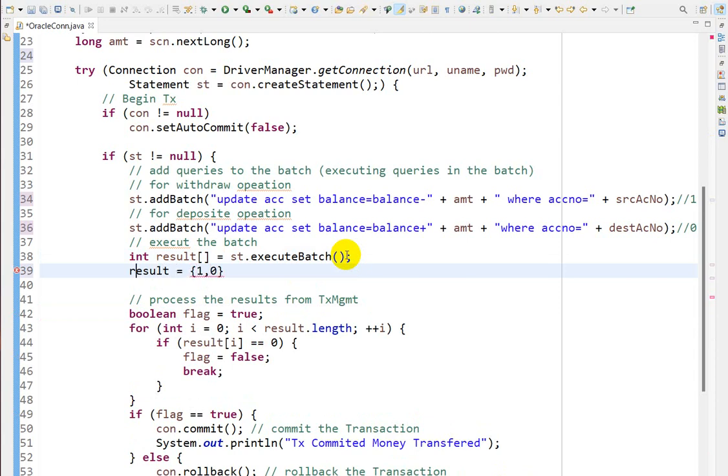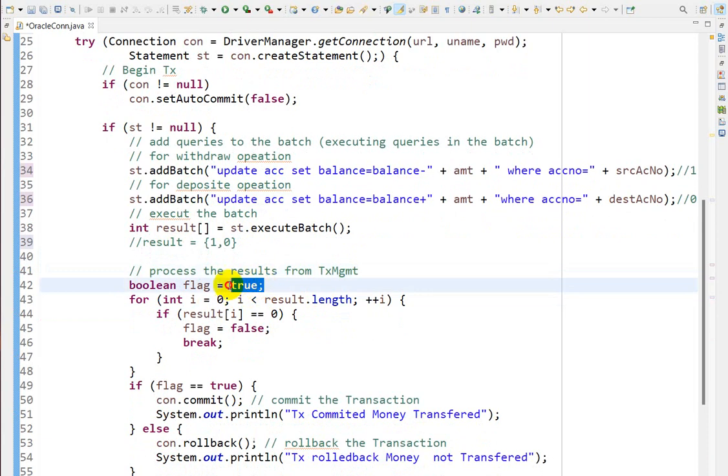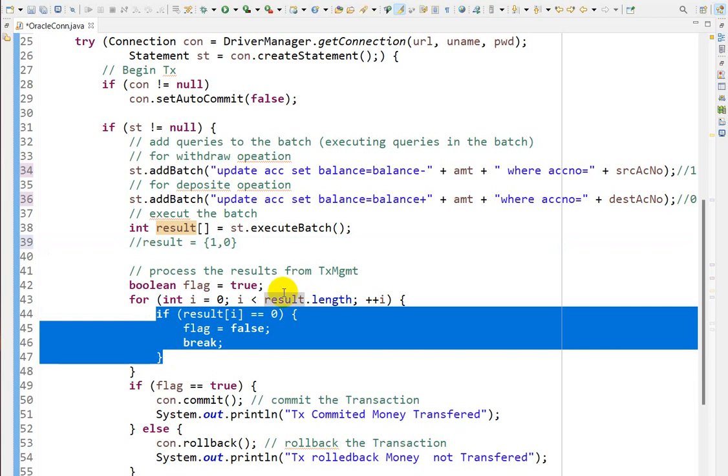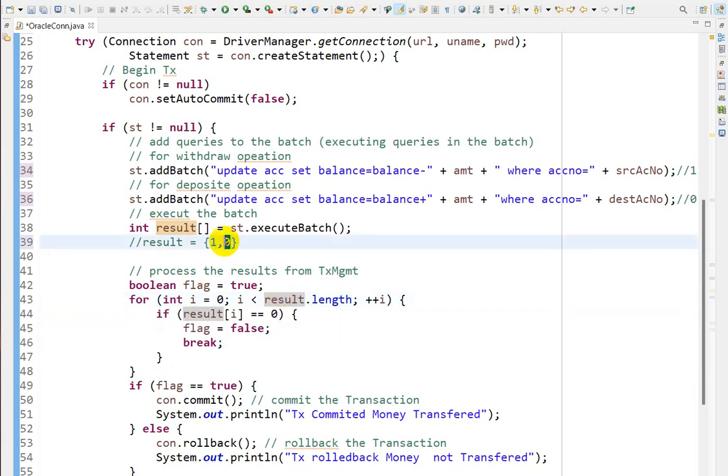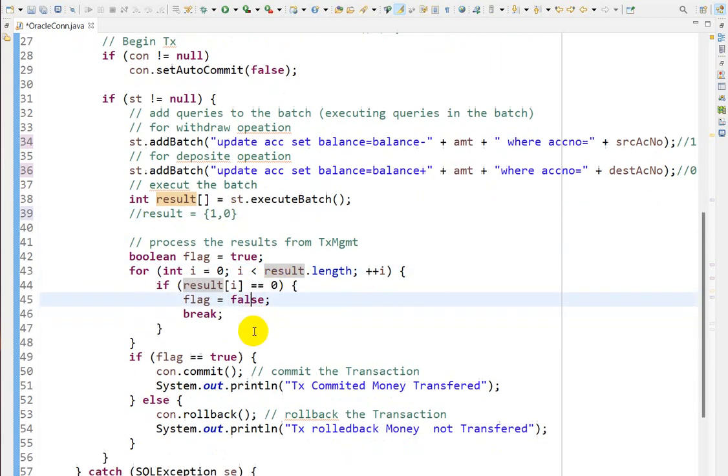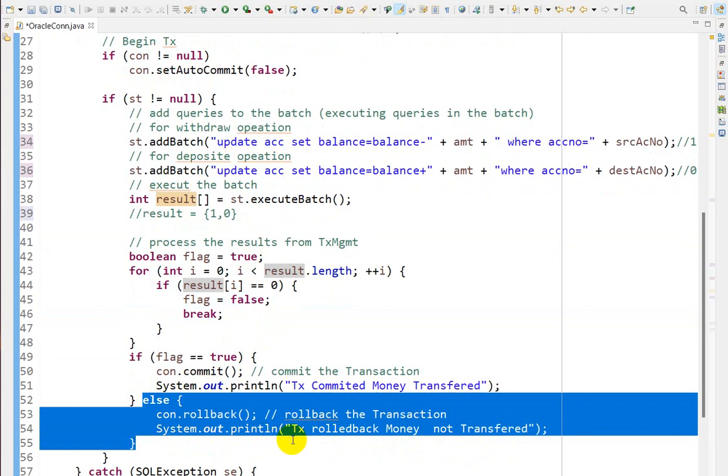Now we will check one by one. The flag is first of all true. Now it checks 1. 1 is not equal to 0, so it will not execute this if block. Then it comes to the second. It is 0, so the flag will be false, and the else condition will be executed.